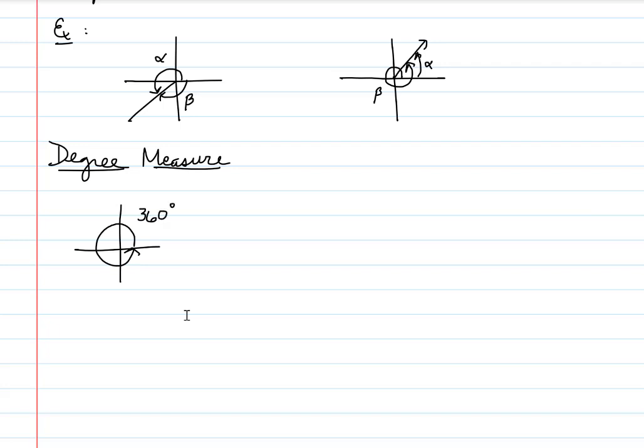Most people already know this intuitively. Basically, the definition of 1 degree comes from the fact that the whole revolution is 360 degrees. So 1 degree is going to be equal to